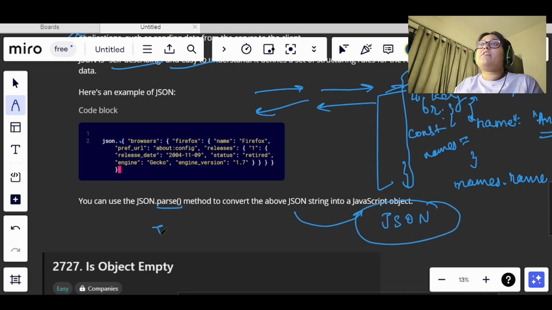So if we have a JSON string, then we can use JSON.parse to convert it into a JSON object. Okay, so this is an important function. And moving on, in the upcoming questions, if we come across any new methods or any requirement like that, we will see there. Okay, so now let's move on to the first question.